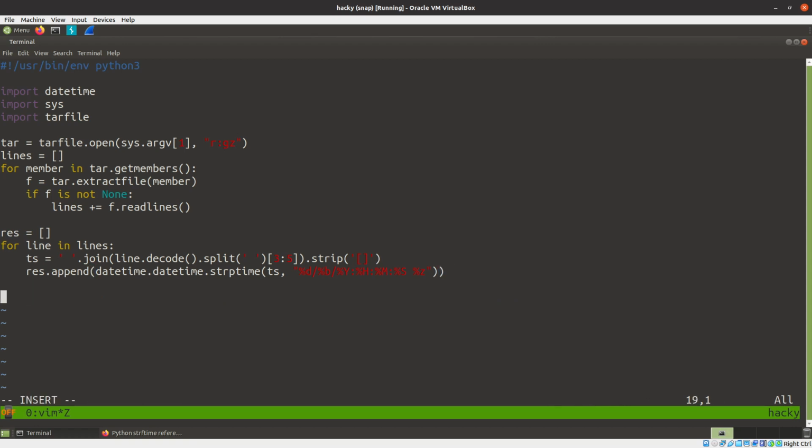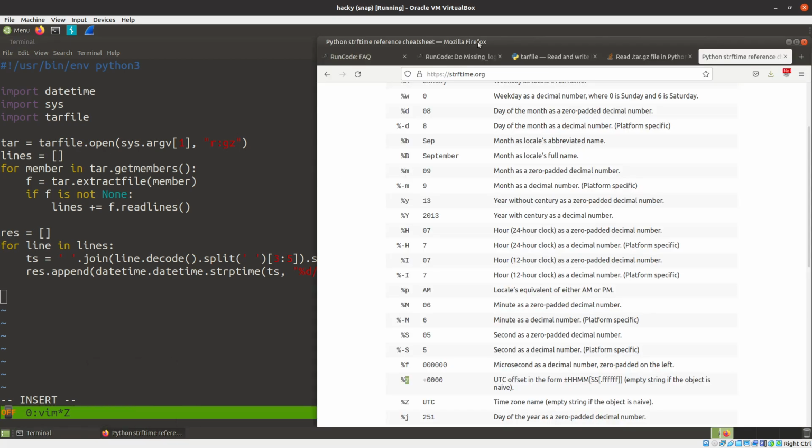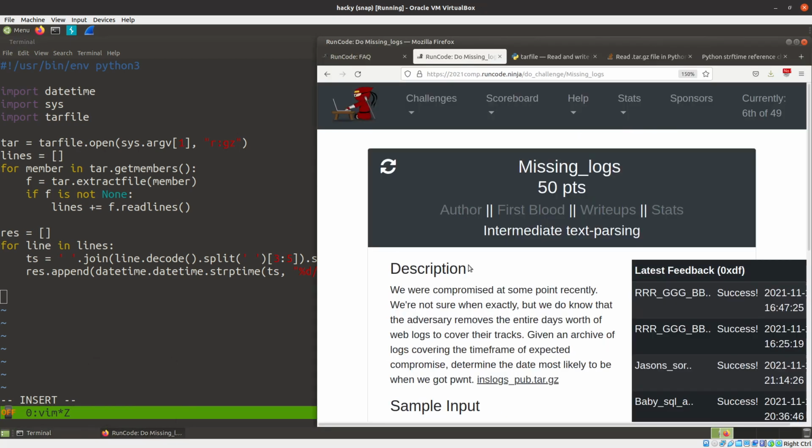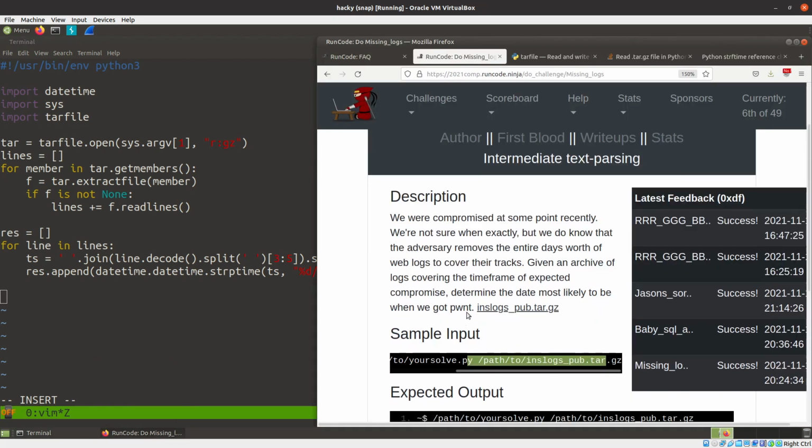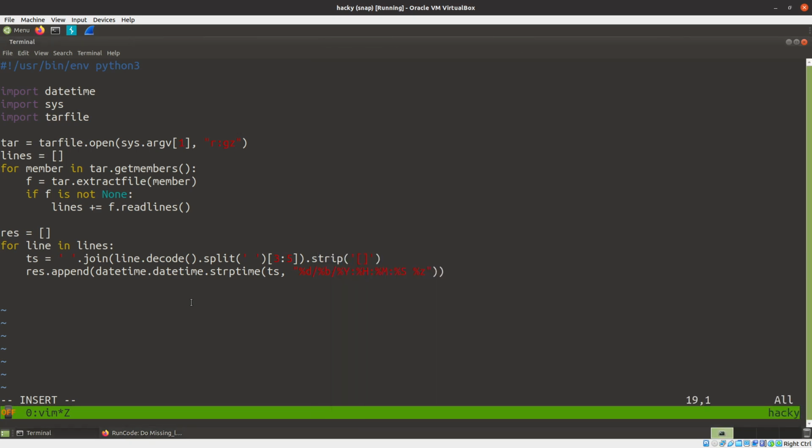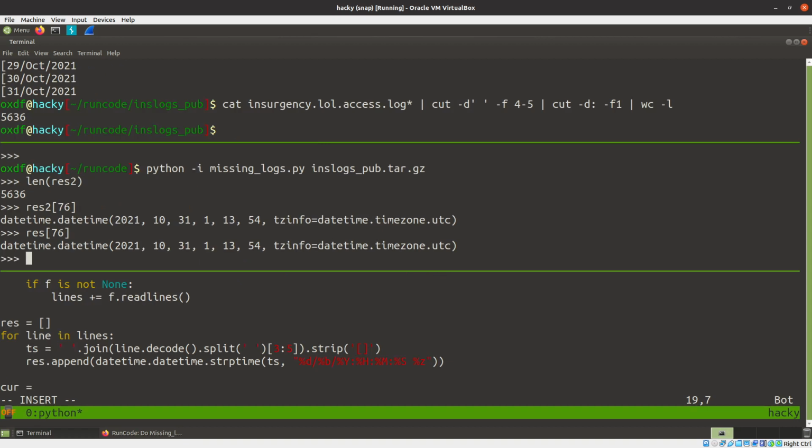Now comes the task of saying, what do I do? And really all I need to do here, this is where it starts to make some assumptions. So I come back to the challenge and it says a full 24 hours is going to be missing. And so I'm going to take a guess and just say, what if I just step through all my logs, assuming that the day on each log is going to either be the same as the previous one or the next one. So what we'll do is we'll say cur equals, and this is where I got to figure out,